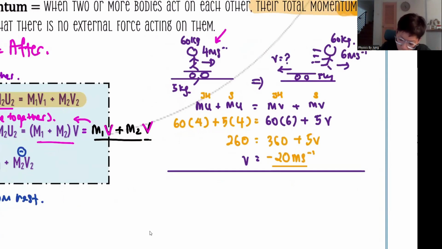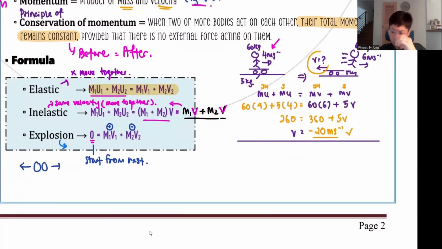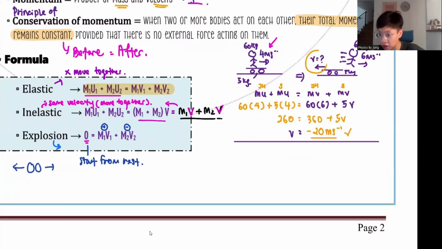Yes, because now your skateboard at the end is moving backwards. Your skateboard is now being kicked forwards, right? Correct. So when you kick yourself forward, the skateboard moves backwards, so you get a negative answer. Okay, justify, no problem. Okay, Ken, no problem. Yes. So this is how you will get this negative 20 meters per second as the velocity.